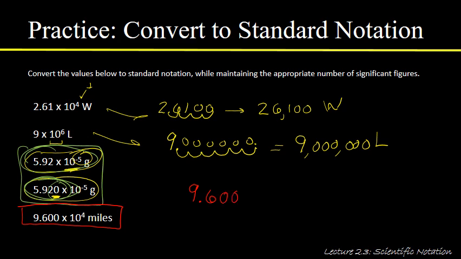9.600, and it's times 10 to the 4. The 4 is positive, so that means this number is larger than 1, right? So I'm going to move the decimal to the right. I'm going to move it 4 times. 1, 2, 3, 4. Okay, so the number is 96,000. Okay, but if you look over here, the way the number is written, the number is written with 4